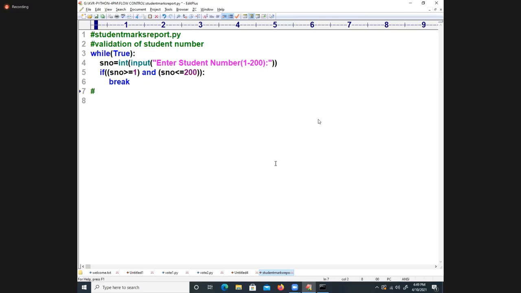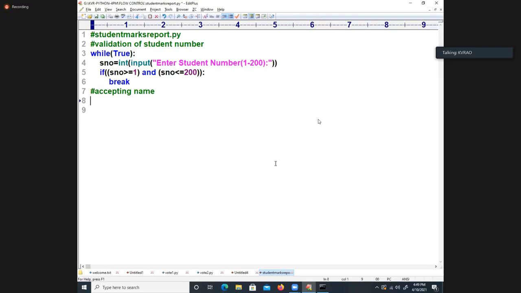Next, I am writing accepting the name of the student. For accepting the name also, we are going to write the validations in further classes. The name should be only alphabets. It should not contain any special symbols like dollar, hash. It should not contain any digits. It should not be purely digits.